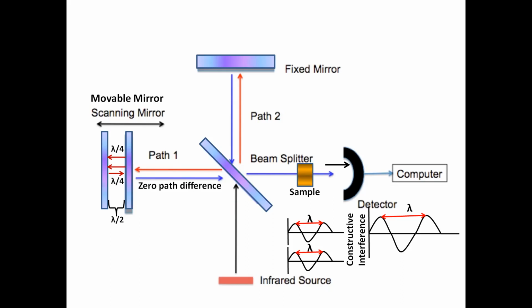One component will move towards the fixed mirror, another component will move towards the movable mirror. But both waves, or light waves